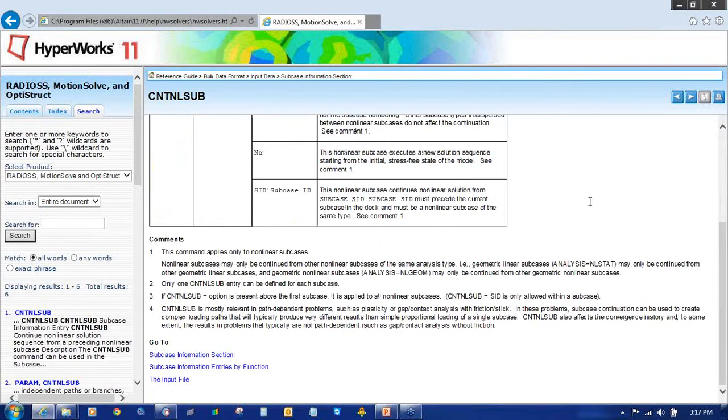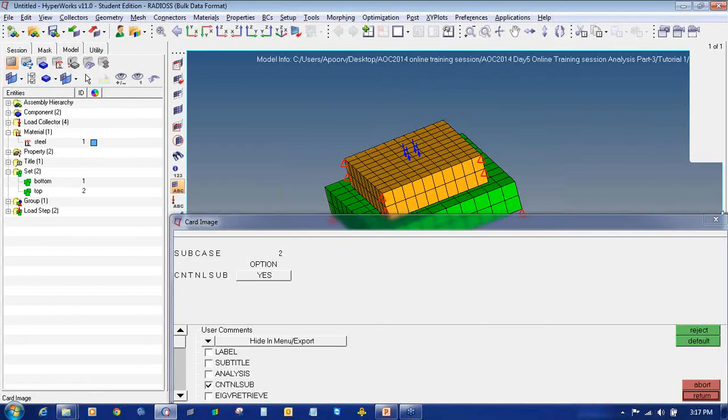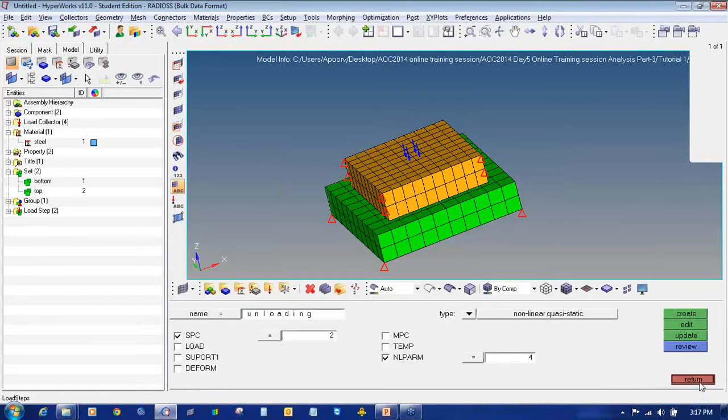So to know more about these things, you can directly go to help. Because if I take each and every detail in the training session, it will be very long. So that's why I keep on skipping things and focus on the tutorial instead of going into deep detail. So you can go to that. The help command is given here. So I will click return. Again I will click return.